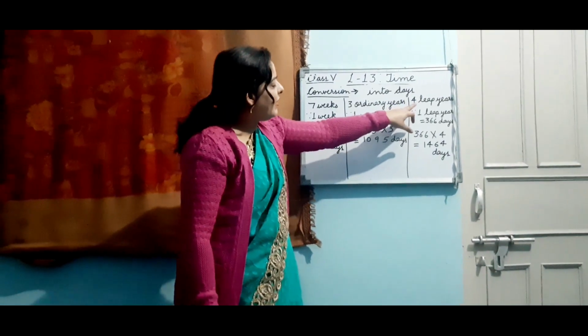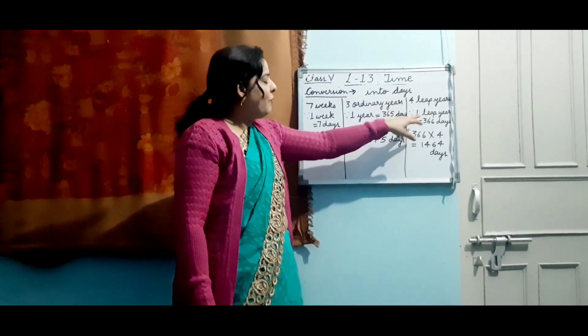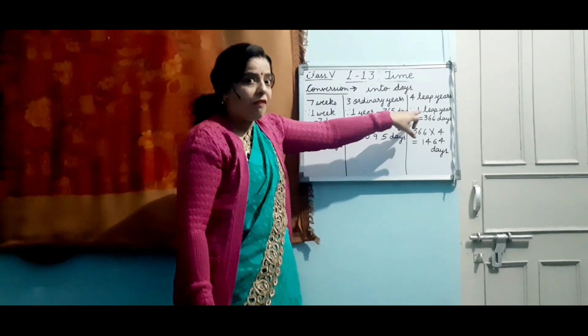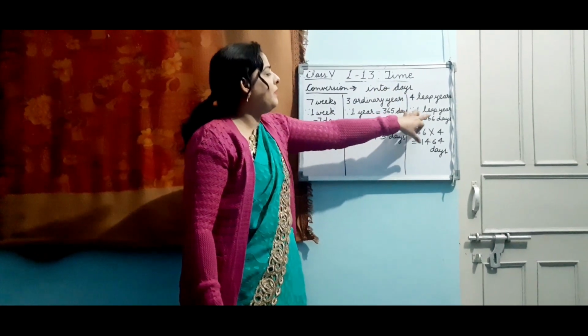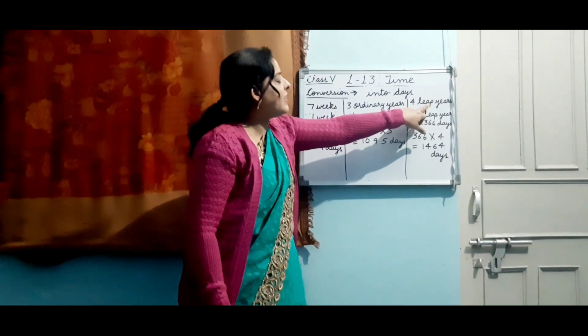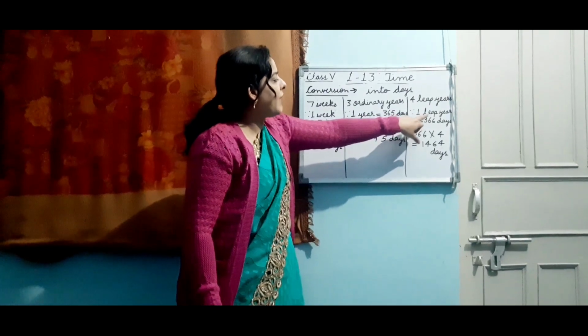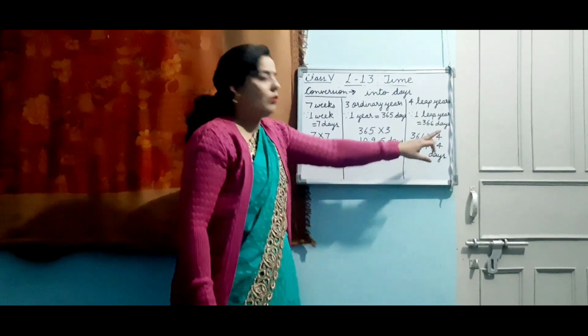Now here you can see convert 4 leap years into days. So here when we will write formula, time fact, it should be related to leap year and days. So we all know 1 leap year is equal to 366 days. As bigger thing is given in the question, we have started our formula from bigger thing and it is not in upon. And we have multiplied, we got the answer.